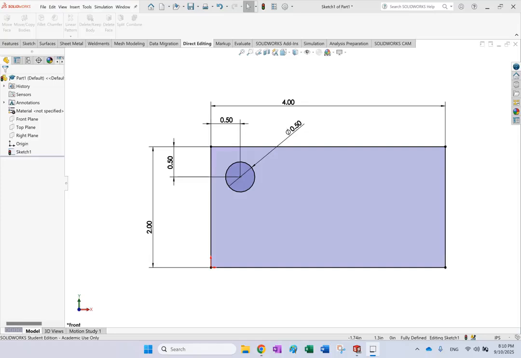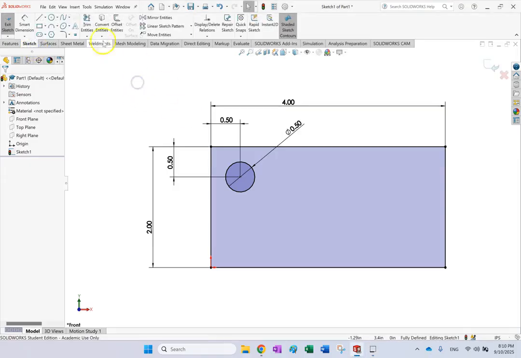Hello everyone. In this short video, I want to show you a couple of things that came up in sketching when I was teaching my SolidWorks class today. I thought maybe I share it with you. So the first one is, as you have done a linear or circular pattern in sketch in SolidWorks, you see